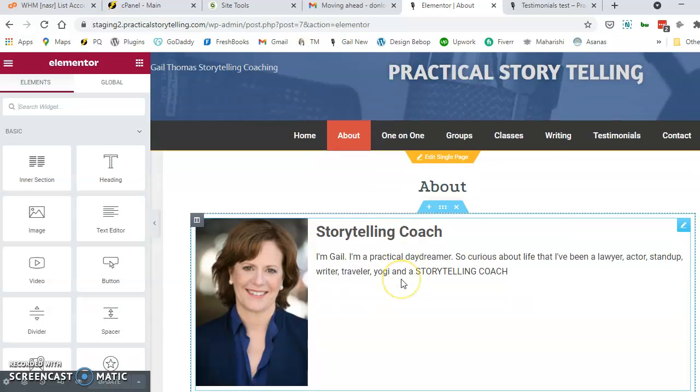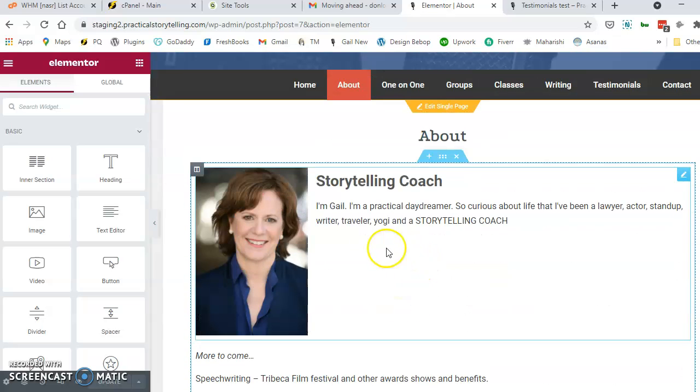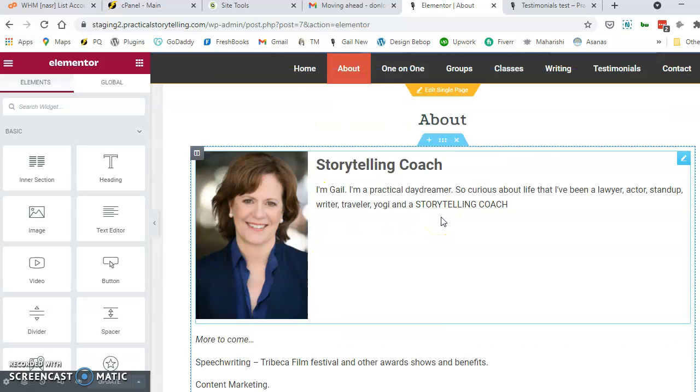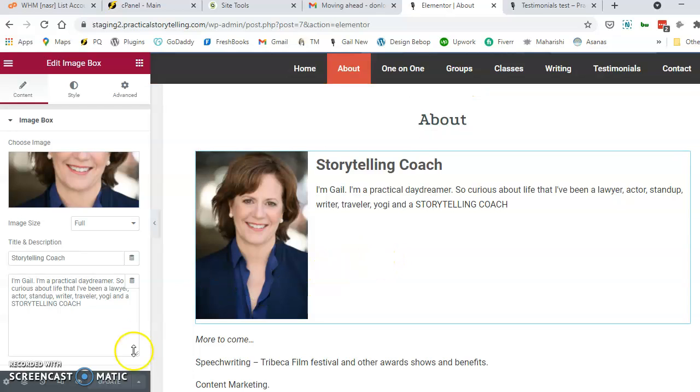And what you're going to see is like what you see is what you get. So right now, you see the picture and a title and some text. So what you're going to do to edit these things is just click in the box. You can see there's a little blue pencil icon for editing in the upper right, but you can click anywhere in the box, and you'll notice this